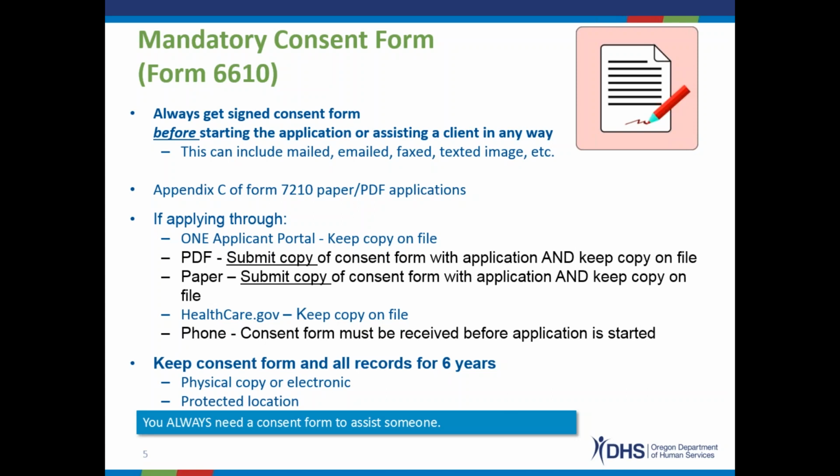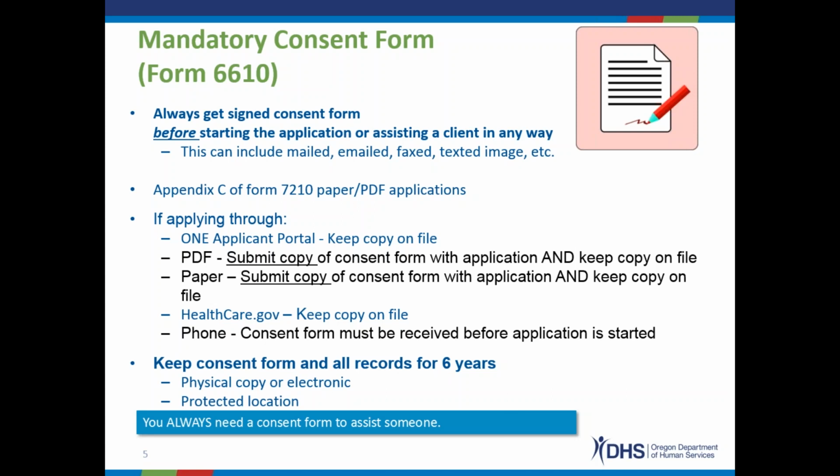If you're turning it into an electronic document, make sure that you're keeping it password protected or encrypted. And no matter what the format is that you're saving it in, you've got to save it for 6 years. So that's an awfully long time to have to save those, but that's a federal government requirement. So make sure that you have a protocol in place for making sure those are secure for 6 years, and then after 6 years that you have a plan in terms of how you want to go ahead and destroy